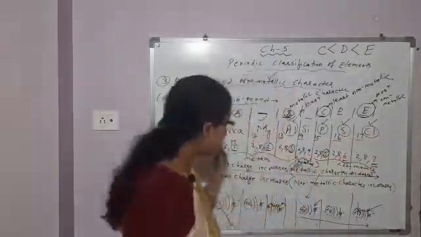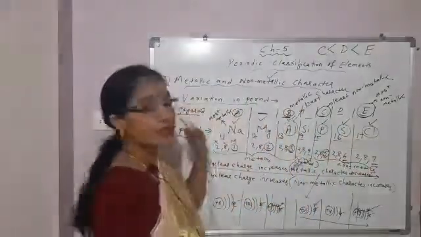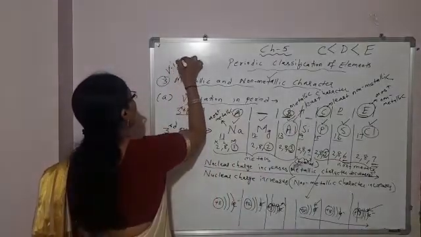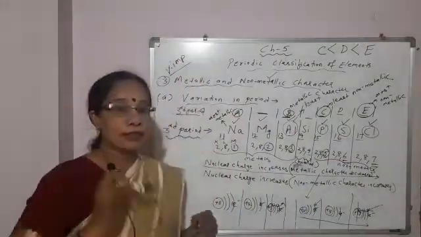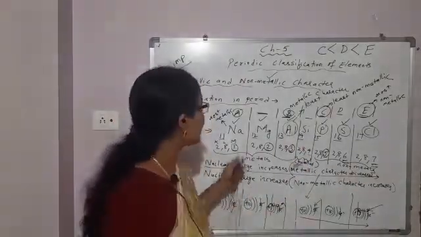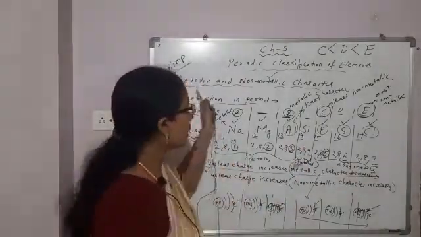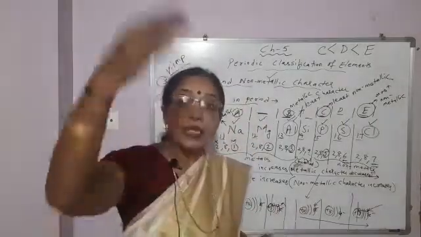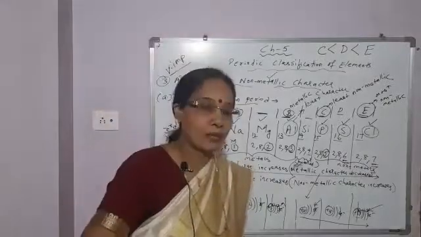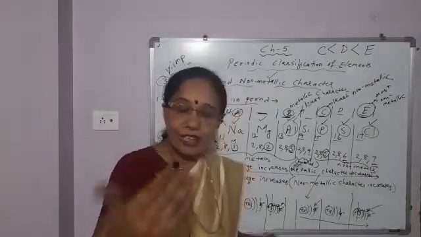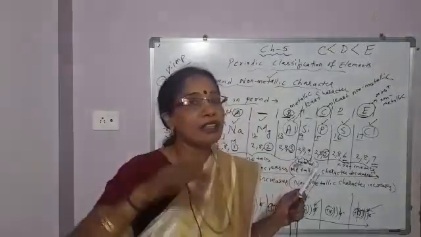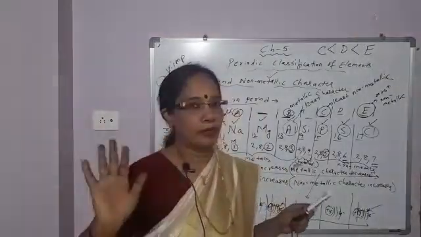So students, these types of questions are asked from this topic, and this is also a very important topic from the board exam point of view. Okay, so students, in the next class I'll discuss with you the metallic and non-metallic character in a group. Group means the vertical columns in the periodic table, they are called groups. So variation of metallic and non-metallic character in a group I will discuss in the next period. Okay.